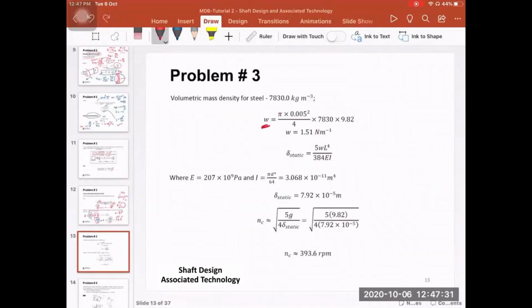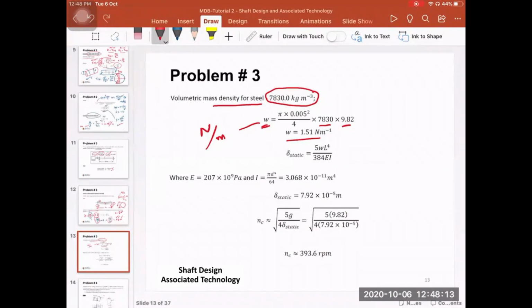So if we say here, we have a steel shaft, which is generally the case. So the density of the steel is 7830 kilogram per meter cubed. So what you can do now, this is the weight or the load per unit length. It is the cross-sectional area, pi, multiplied by the diameter of the shaft squared over 4, times the density times G. So this gives you the weight per unit length. What you need to do now, in order to calculate the critical speed of the shaft, we need to calculate